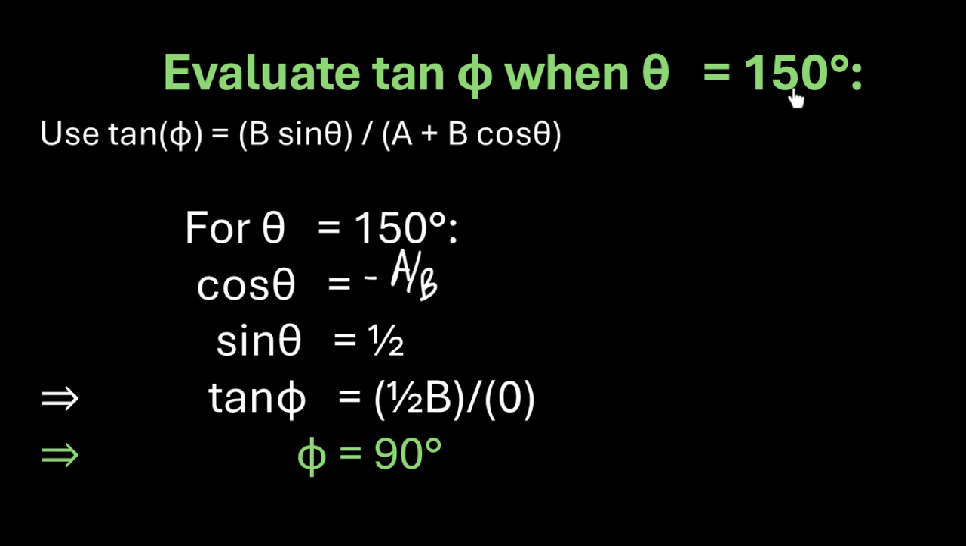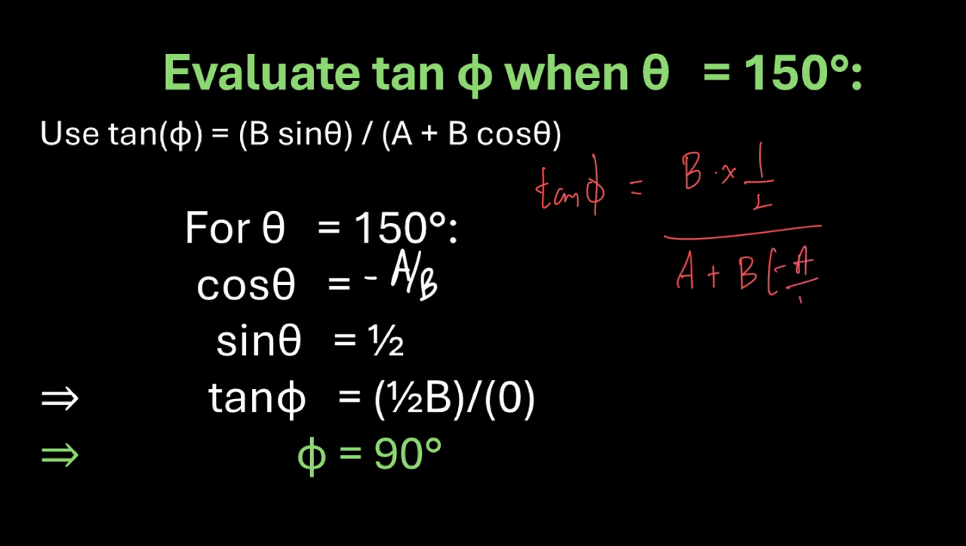And when theta is equal to 150, we know that sine theta is equal to plus 1 by 2. And what is tan phi now? So we have tan phi is equal to b into sine theta, which is b into 1 by 2, the whole upon a plus b cos theta. What is cos theta? Minus a by b. Right? Which is equal to